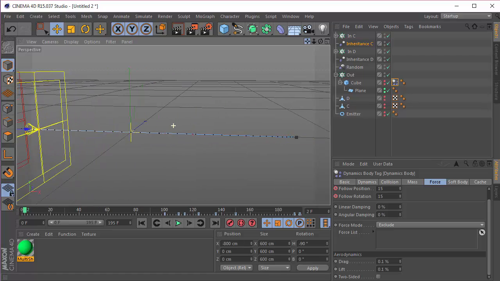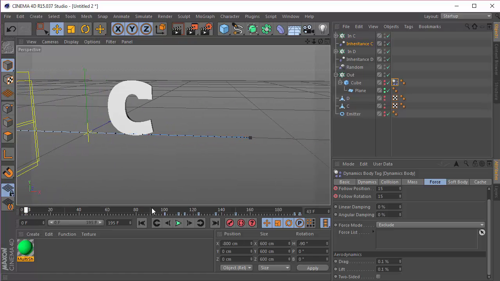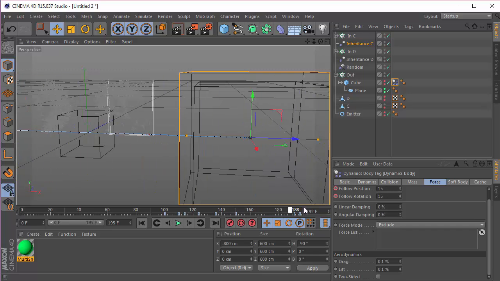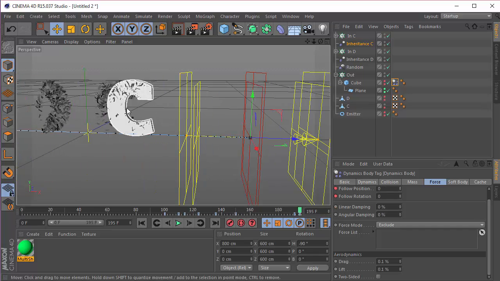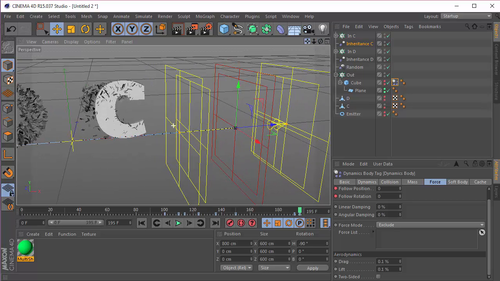So let me just uncheck this and see that it is something like that. So at this frame we have something like this at 180. That is not a problem, right? So let's go back over here,